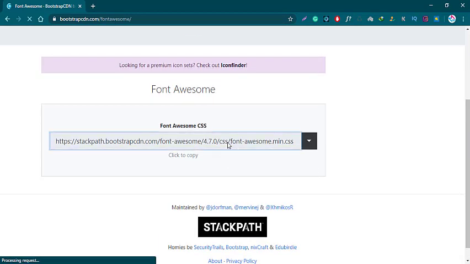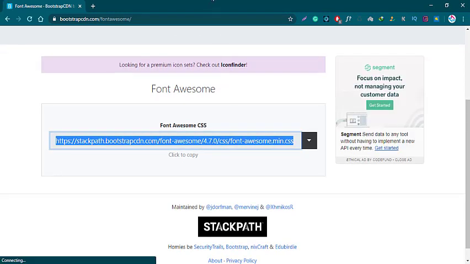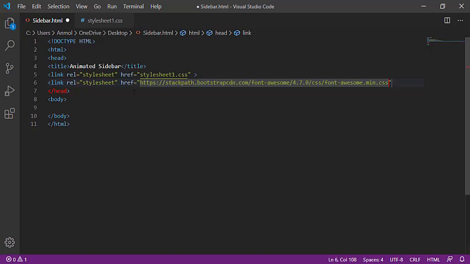Copy the link, Font Awesome CSS, Control C, and then V. href is the link of Font Awesome. Now close it and save it.